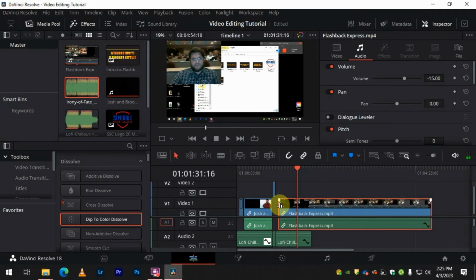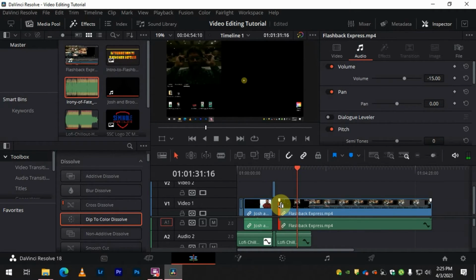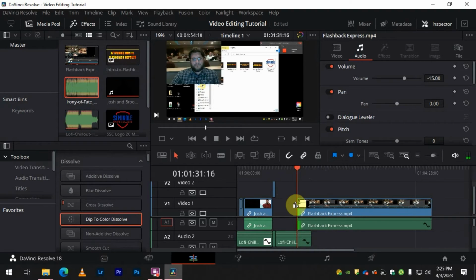But basically what you can do is you can just go over here and you can pull, let's say we found our perfect spot right here. We want to pull back to that. We can just pull over, and now that's where our video is going to start instead of at the beginning. Now, another thing you can also do is you can come right over here and you can grab this little